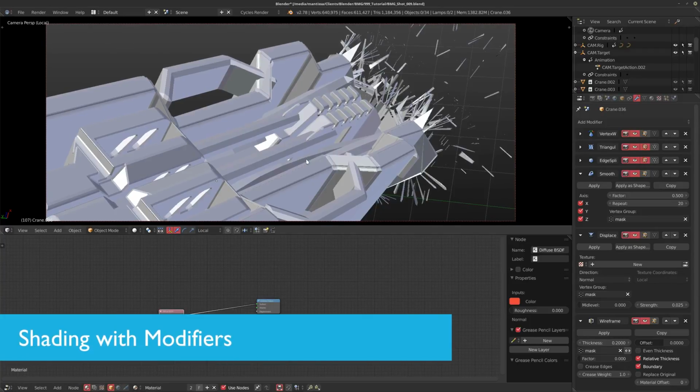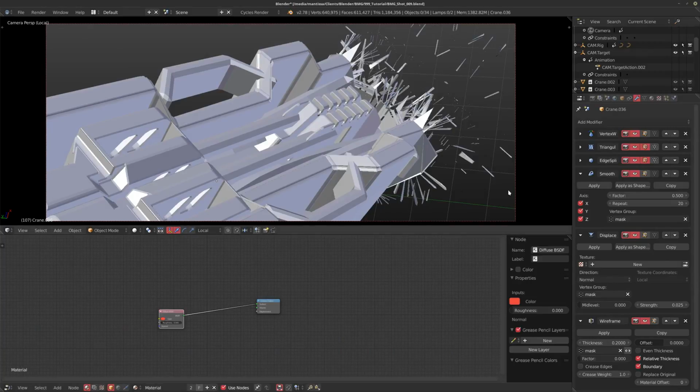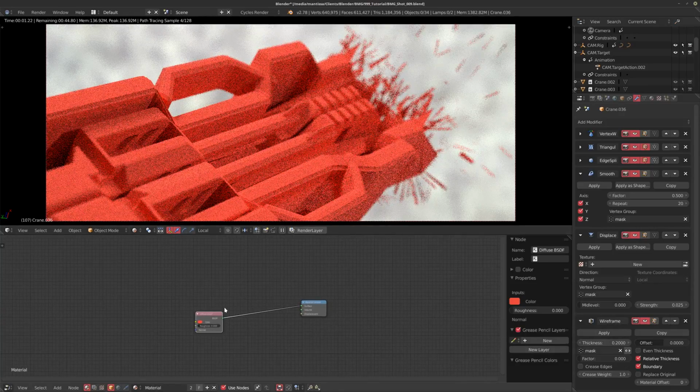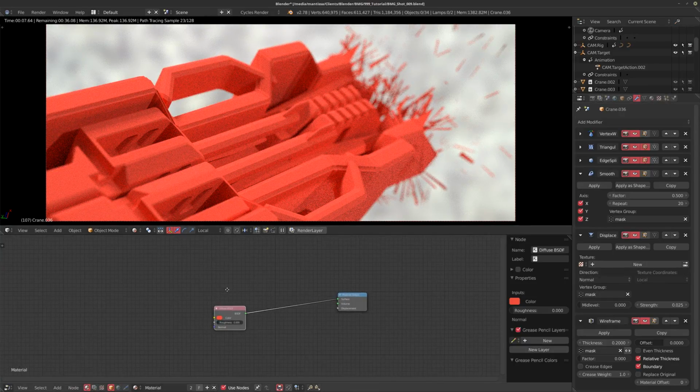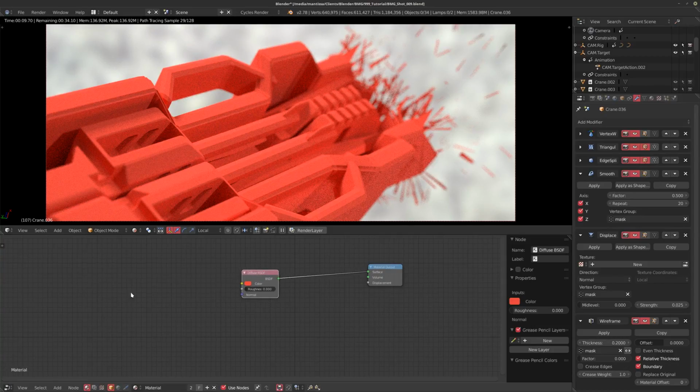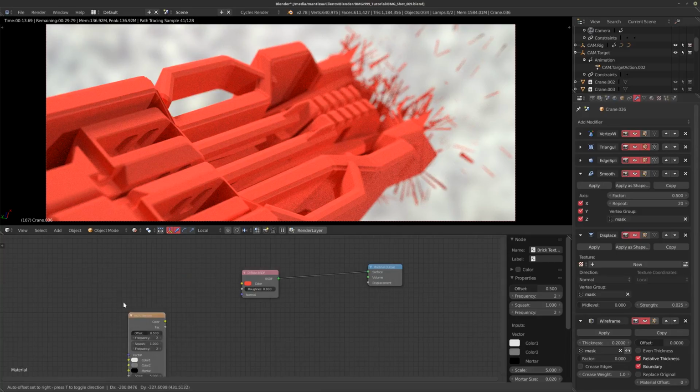So for this part of the look dev bit, I've still got my one object selected from the last video. I've got all these modifiers applied, and I want to talk about shading very quickly. Now I'm not going to get into the nitty-gritty of how to create a really awesome shader, but what I wanted to show you is how to use these shaders combined with your modifiers and how you can do really interesting things. So the first thing I want to do is create a quick brick texture